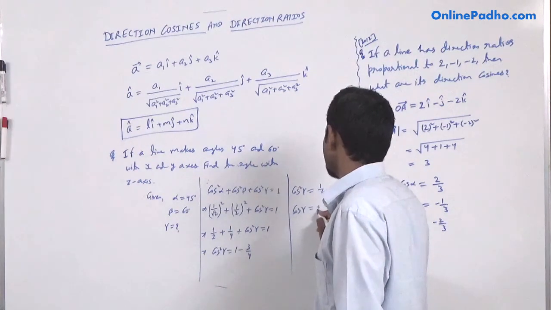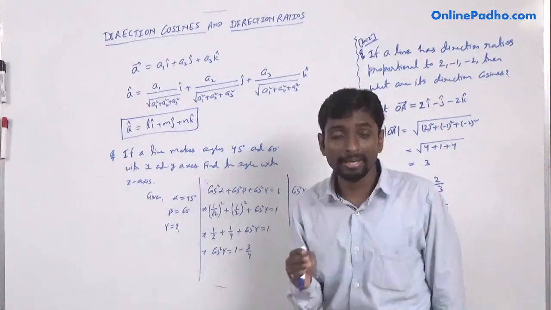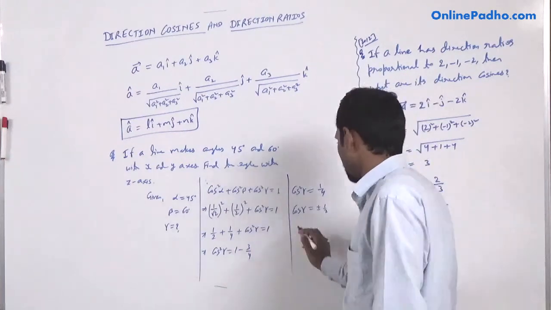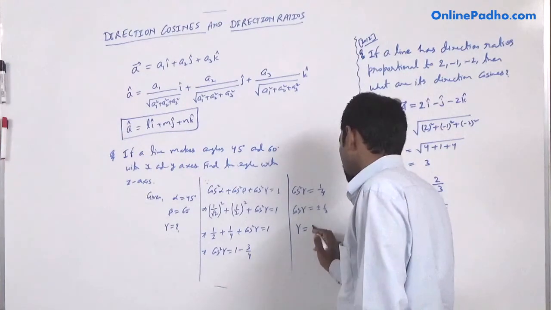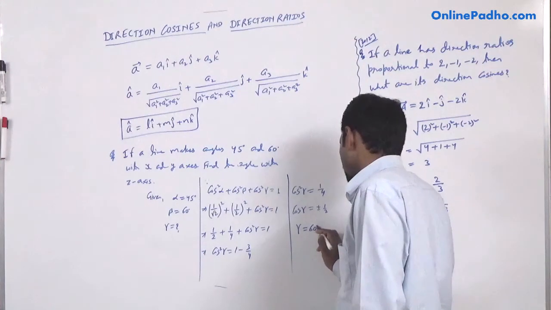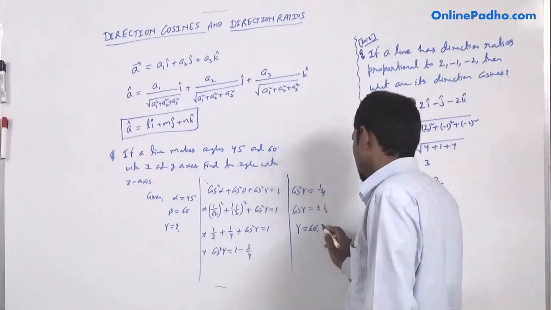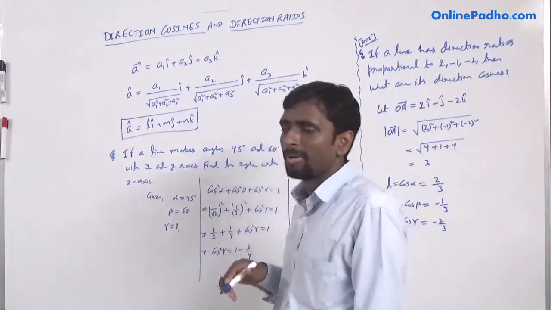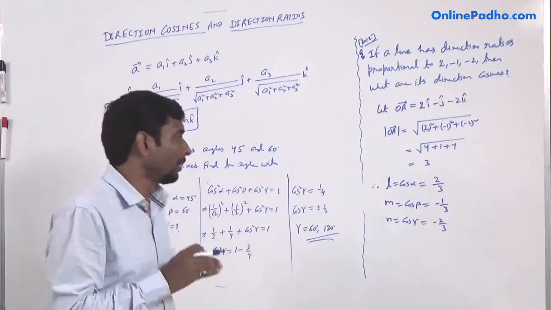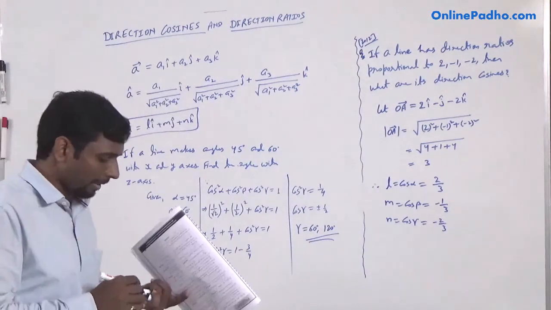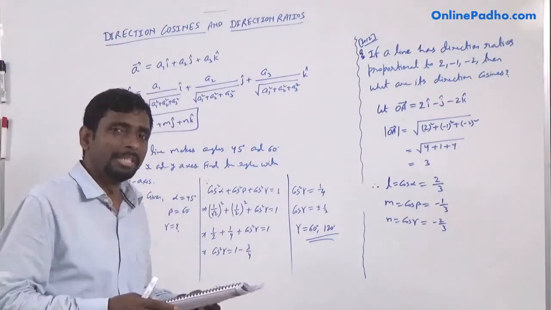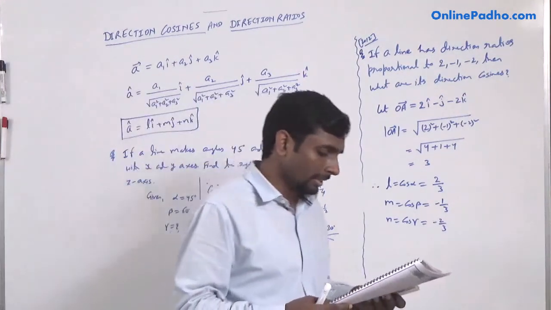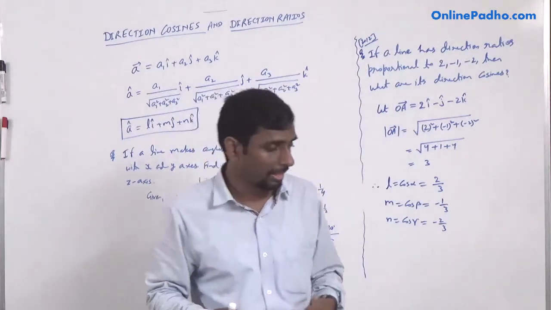Cos gamma will be plus minus 1 by 2. Alpha, beta and gamma will lie between 0 degree to 180 degree. So we have two different values of gamma. One in the first quadrant, that is 60 degree, and second 180 minus 60 degree, that is 120 degree. So two values of gamma are there, 60 degree and 120 degree, right? Why? Because gamma, alpha and beta all lie between 0 degree to 180 degree, right? So now these are the application questions based on direction ratio and direction cosine.